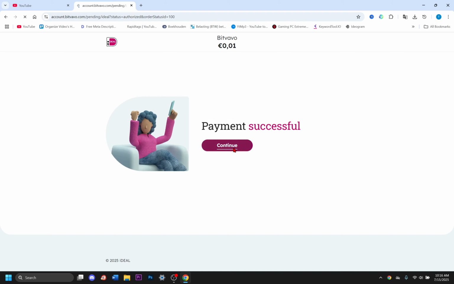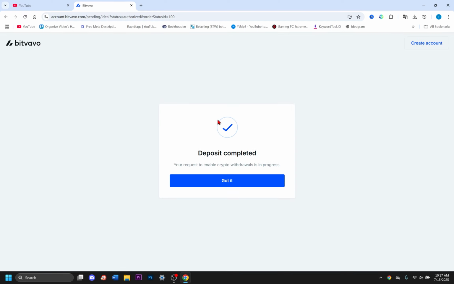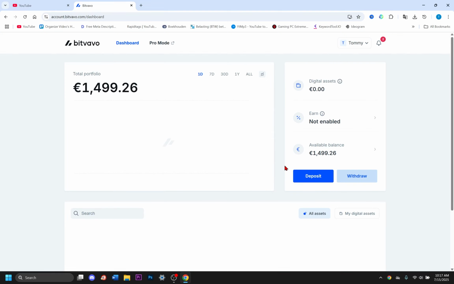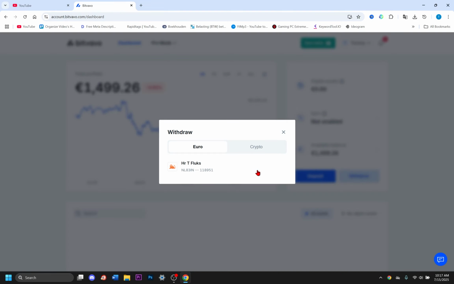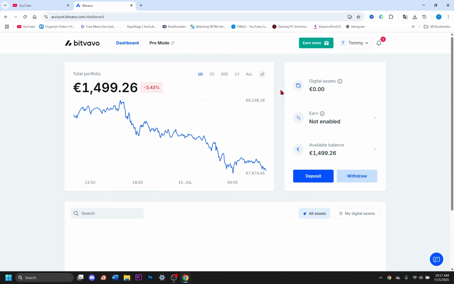And now we do continue. And right now the deposit is completed. So right now we do got it, go to withdrawal, crypto, and right now we can withdraw crypto. So this is exactly how you enable withdrawals on